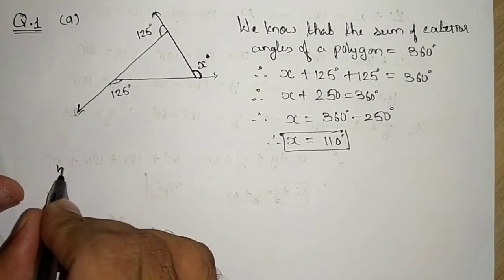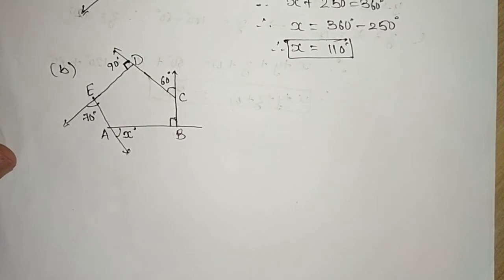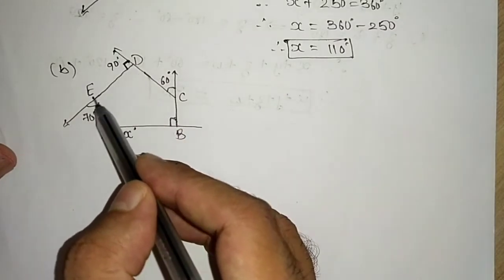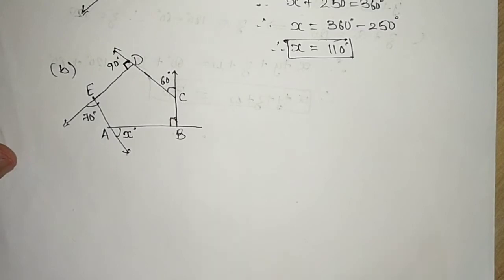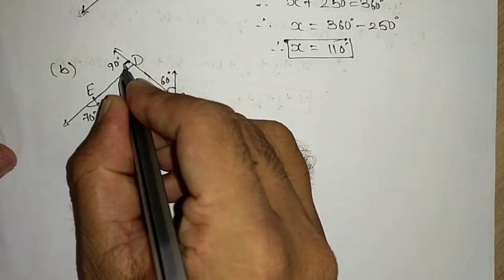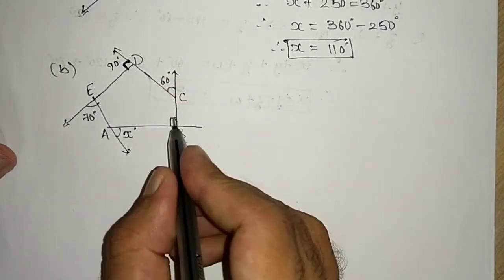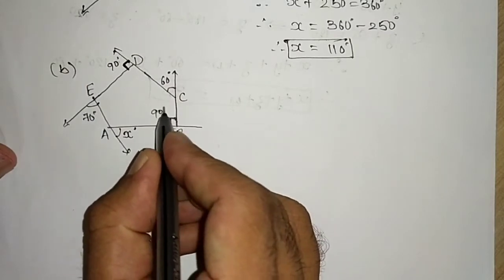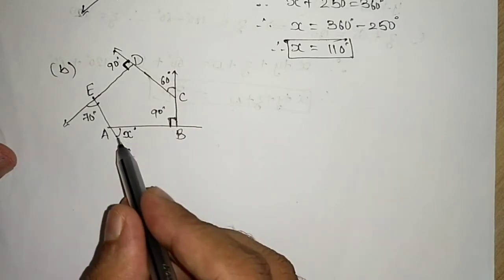Now let us solve part B, but for that let me first draw the figure. So I have drawn figure B. Let us see what the figure says. First of all, the number of sides in the figure is 1, 2, 3, 4 and 5, 5 sides. Here they have not given any degree, but whenever there is a mark like this, it is 90 degree. This is also 90 degree. And we have to find the value of x. x is in the exterior.